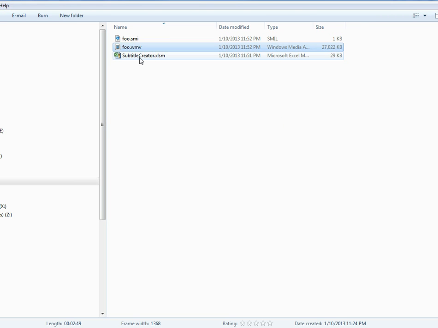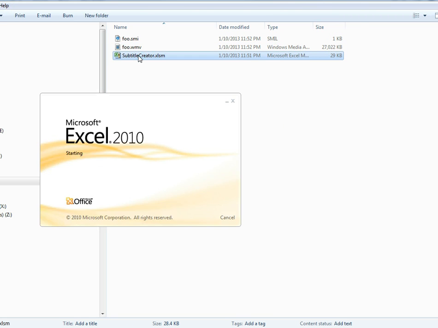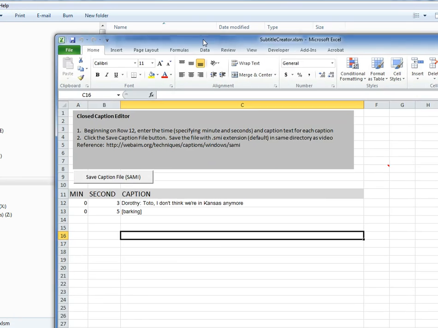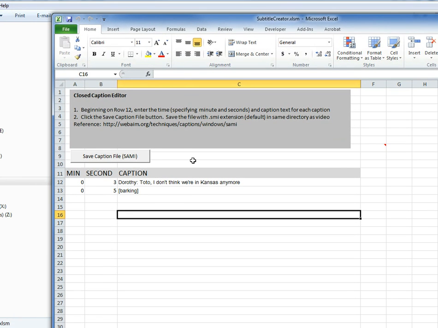So that's all there is to captioning. We went ahead and made a tool for you using VBA. If you open up the Subtitle Creator XLSM, make sure you enable the macros. You'll see that